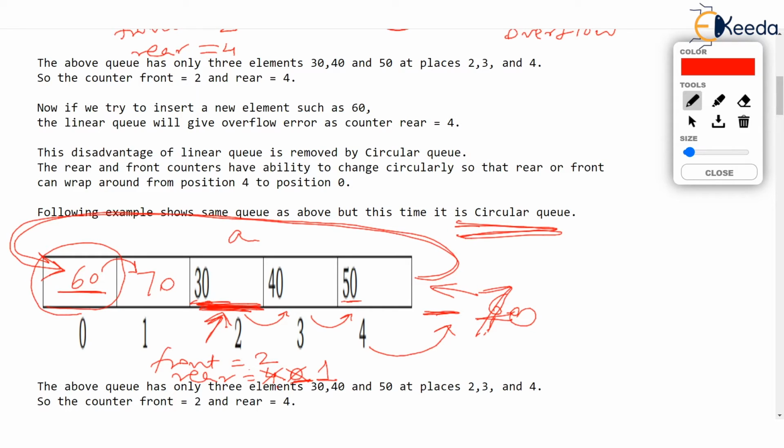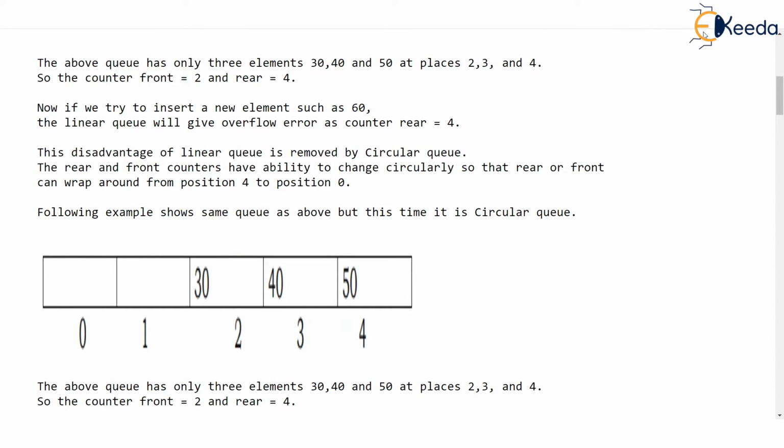And if you are asked what are the elements of this queue, you should not answer it is 60, 70, 30, 40, 50. I repeat, the answer should not be 60, 70, 30, 40, 50, thinking that this is at the front. What you should check is what is the value of the front. Front is 2. So 30 is the frontmost. Then you will go ahead 40, 50 and then go circularly to get 60 and 70. And 70 is the rearmost. Watch the value of the rear. Rear is 1. So that's circular queue, isn't it?